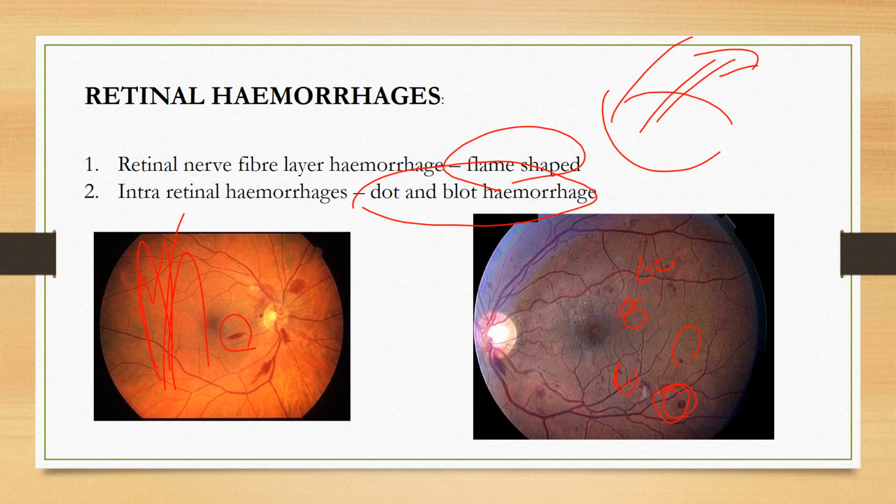So I just want you to see the difference between these two. Flame shaped hemorrhage is in the retinal nerve fiber layer, whereas dot and blot hemorrhages are found within the intraretinal layers.